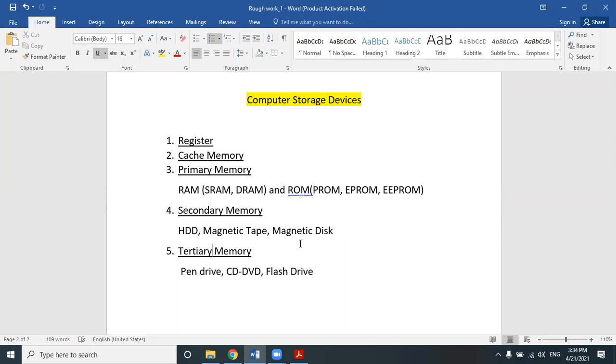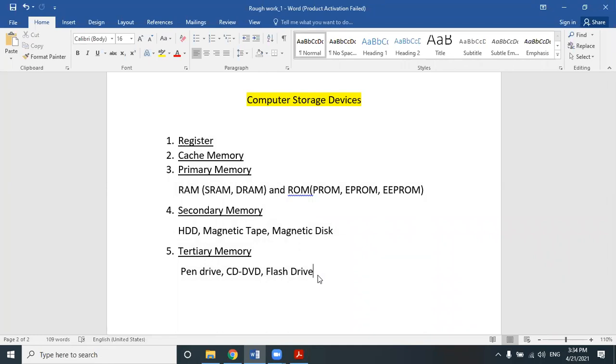This is a broad classification of overall computer storage, including the storage embedded within the computer system as well as those that work like peripherals of a computer system. Not all memory is embedded within the computer system. Like all of you know, a pen drive is not an integral part of the computer system. Similarly CD, DVD, or flash drive are external storage devices. So this is a broad classification of computer memory, including internal as well as external storage devices.